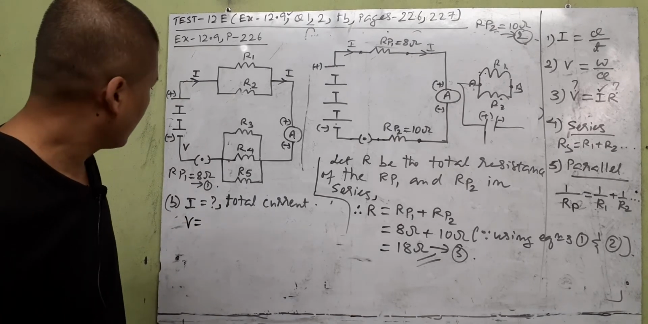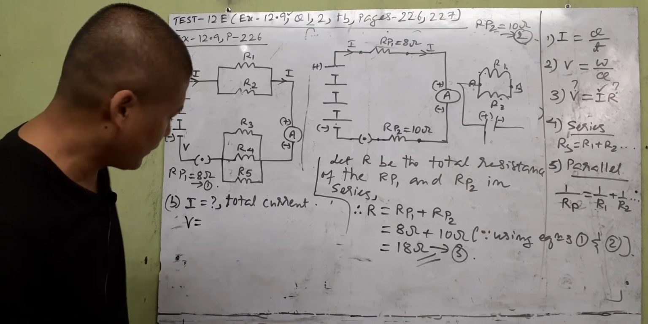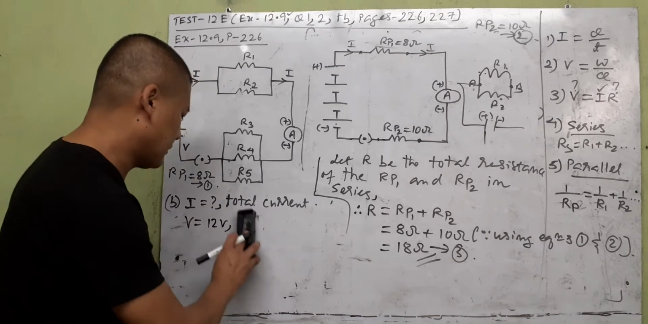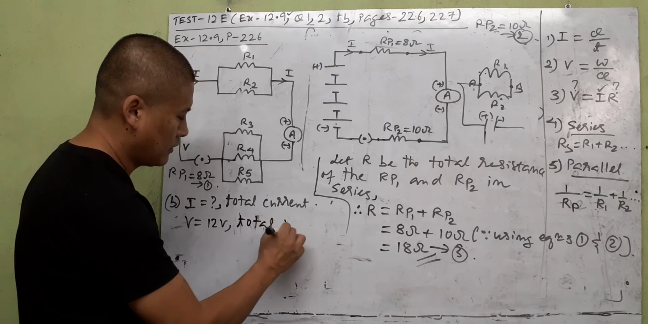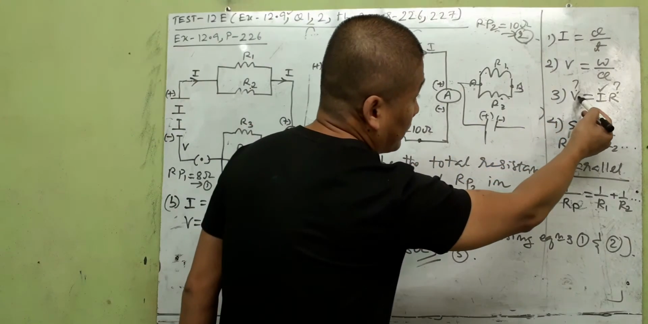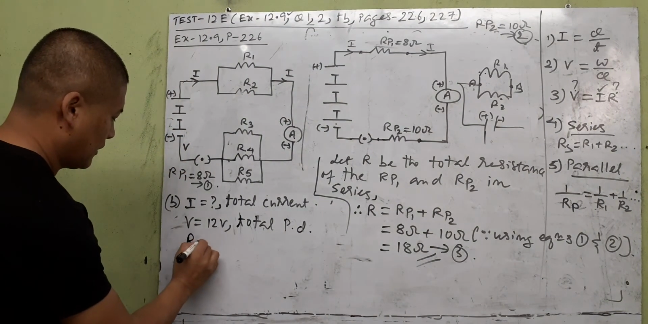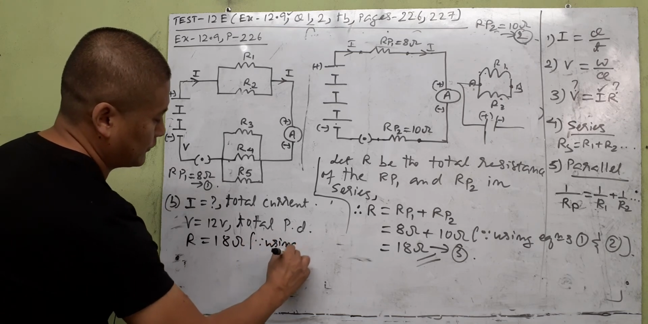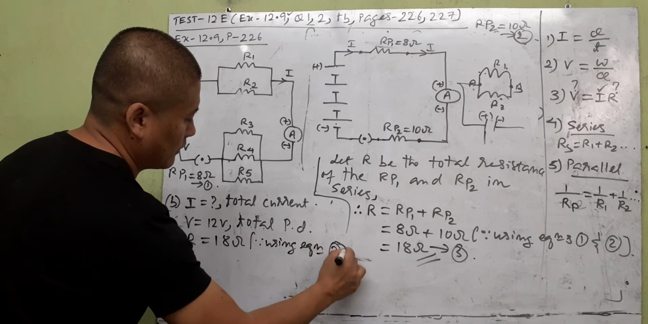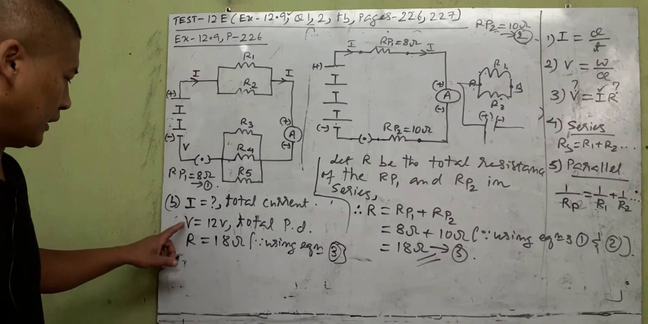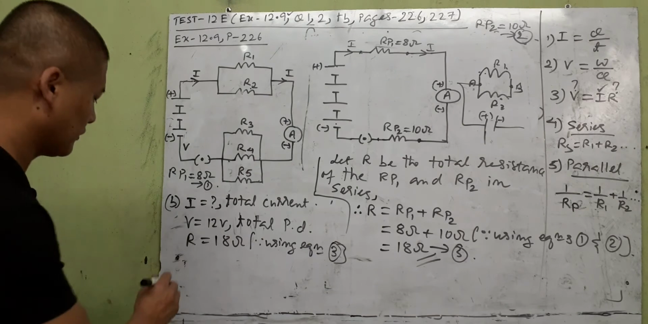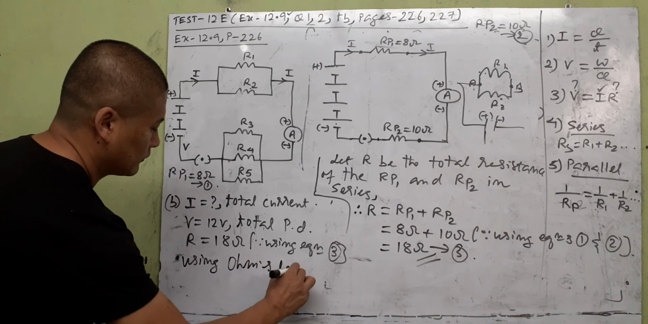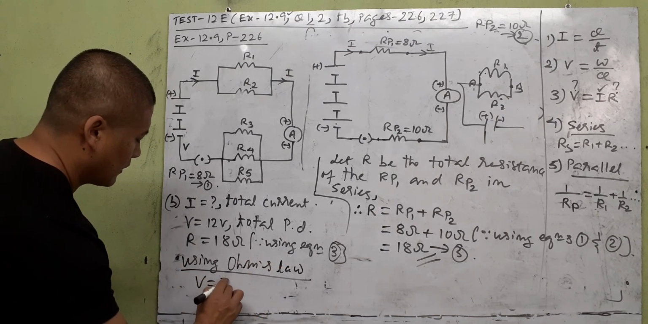Go back to the question. Look at the question: 12 volts is the total potential difference, or we can just write total potential difference if you want. So we need V, we found we need R. R is also there. R is equal to 18 ohms, using equation number 3, right? So if you know V and R, we can easily find I by using Ohm's law. So you write here, using Ohm's law,